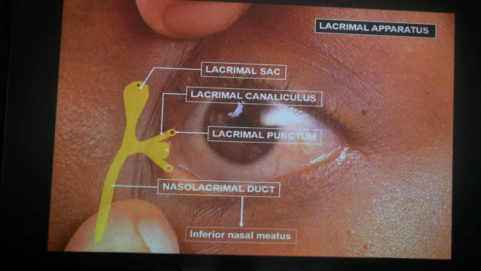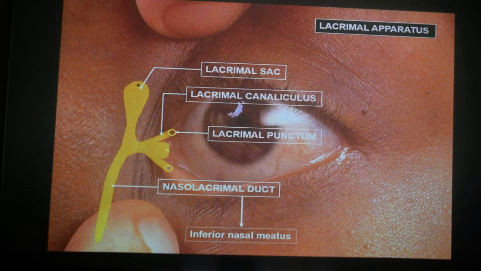So that's why when the child is born, we usually ask the mothers that when the child is sucking the breast or is feeding, you keep on putting your hand on the side of the eye on the nose and put pressure there so that the punctas can be opened up. And when he's sucking, there are suction forces created, and then you are putting pressure over the punctas so that they get opened up and the nasolacrimal duct and everything is patent, so that the fluid starts to go down